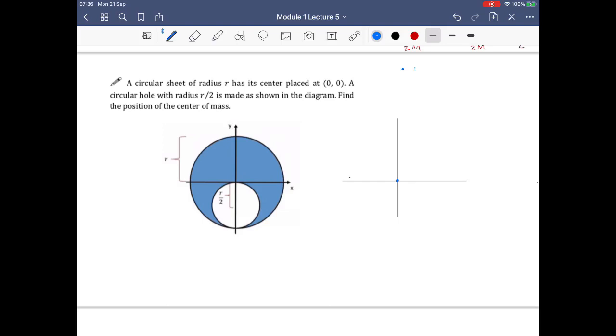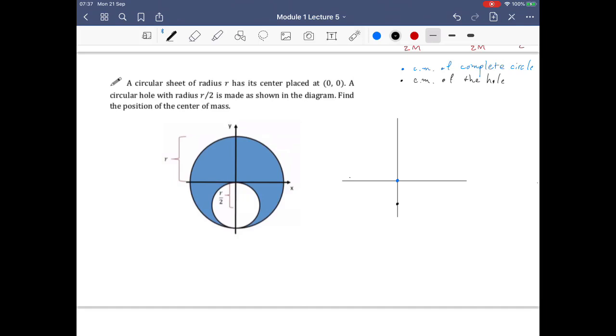This blue dot here means the CM of the total, of the complete circle when the hole is not made yet. And then I'll use this black one for the center of mass